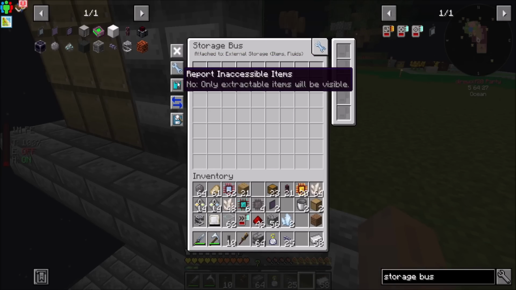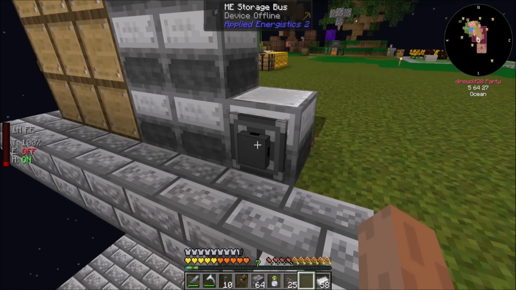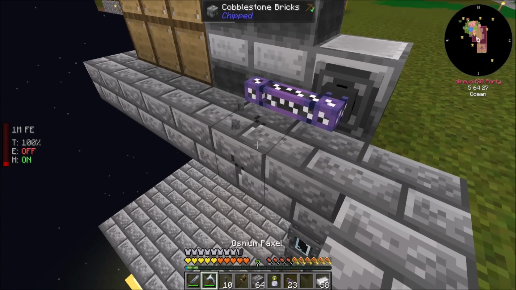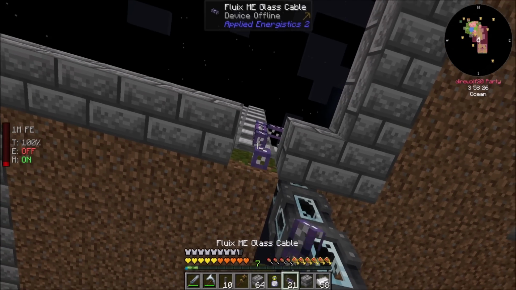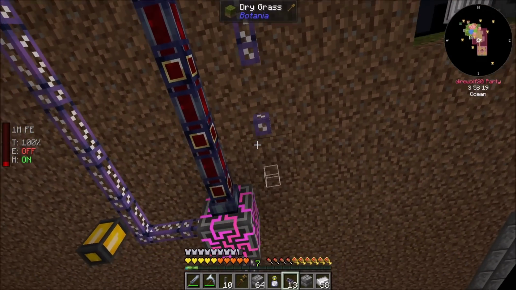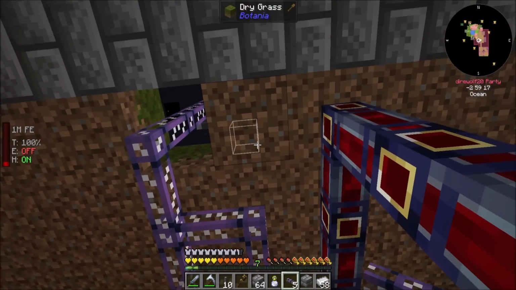Ideally, we want the priority to be like 1,000, right? I always just go with a huge priority on my storage controller because I always want it to be, like, the first place you insert stuff. Sweet. If we ran this way,